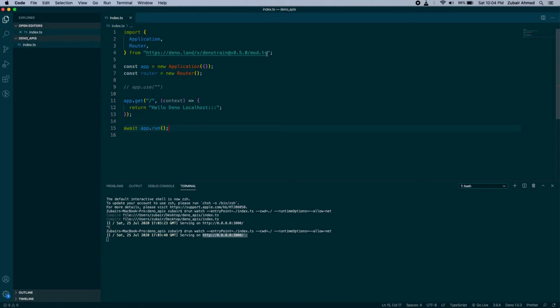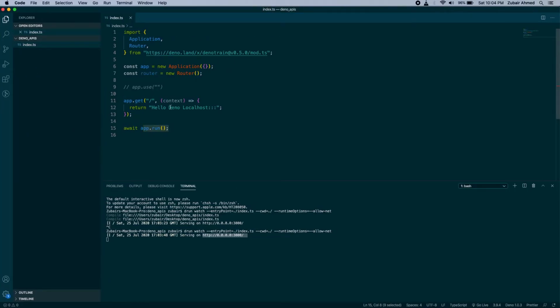We just have to import application and router from there. By the way, router is not used yet, we will work on it very soon in a bit. And as you can see, we just instantiate our application, we get the root route, and we just run that application.